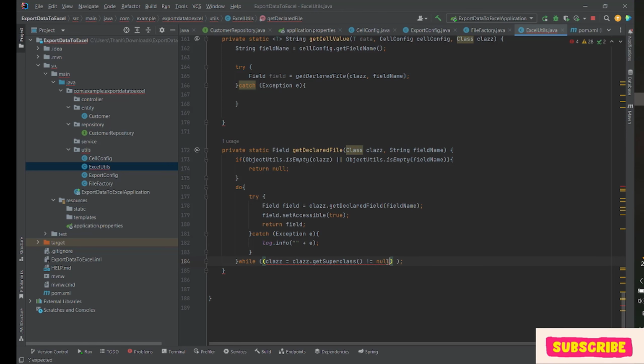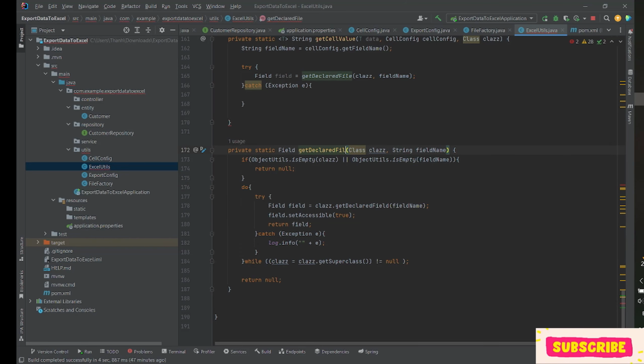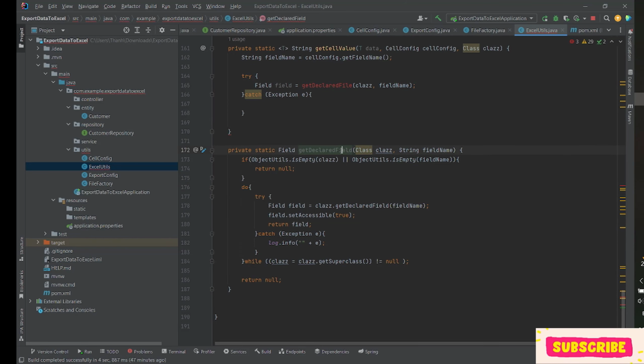Yes, I think that here class, because if class dot get super class is not null, we can also get the field. So here we return null, because if we have the field, then we return it here, and anything else we return null. So I will change the method get declared field